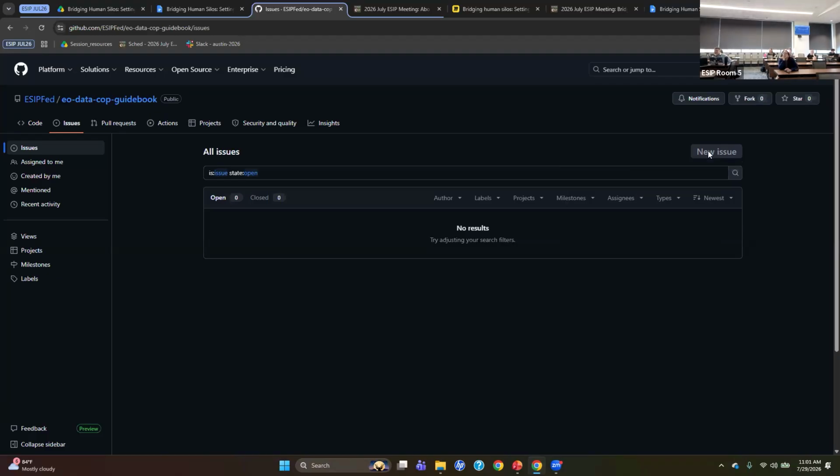It's not doing it. Anyways, you'll click on new issue and it gives you a template. It makes it real easy. It'll be pretty obvious to click that. There's a little template for the issue and you can just type in there and click create. Then it'll be in there and we can incorporate feedback that way as well, because the Miro board won't live forever, but the GitHub repo can.